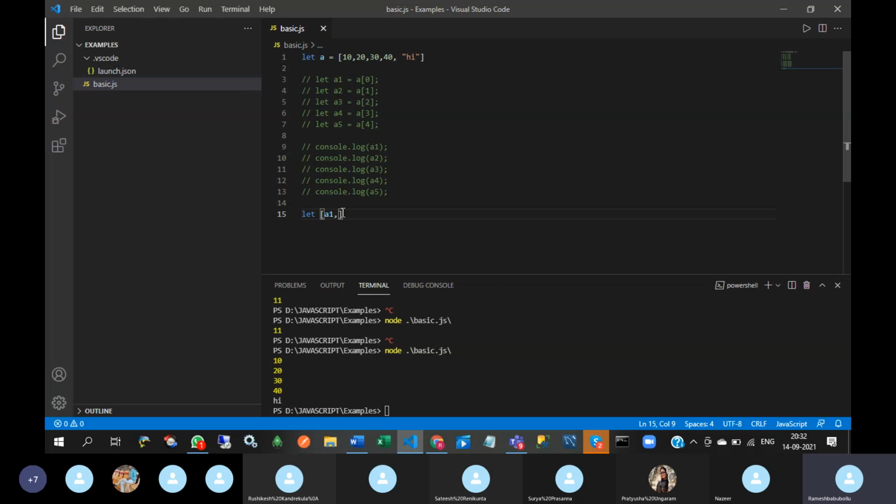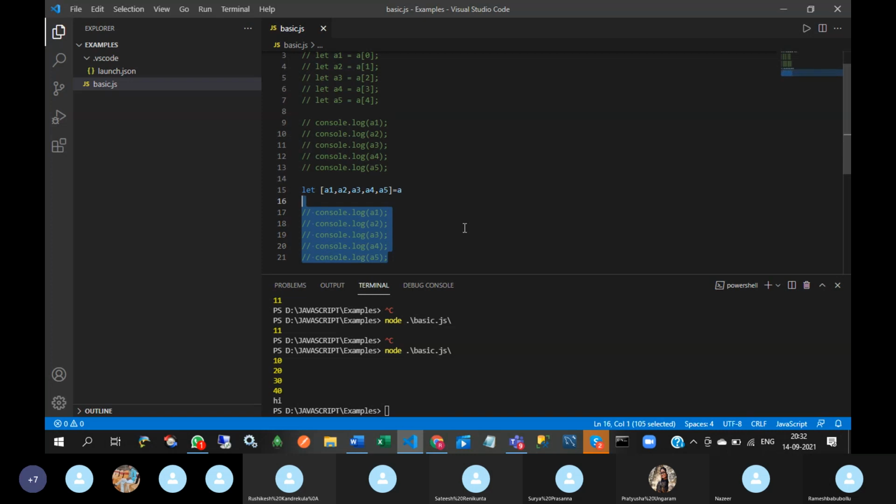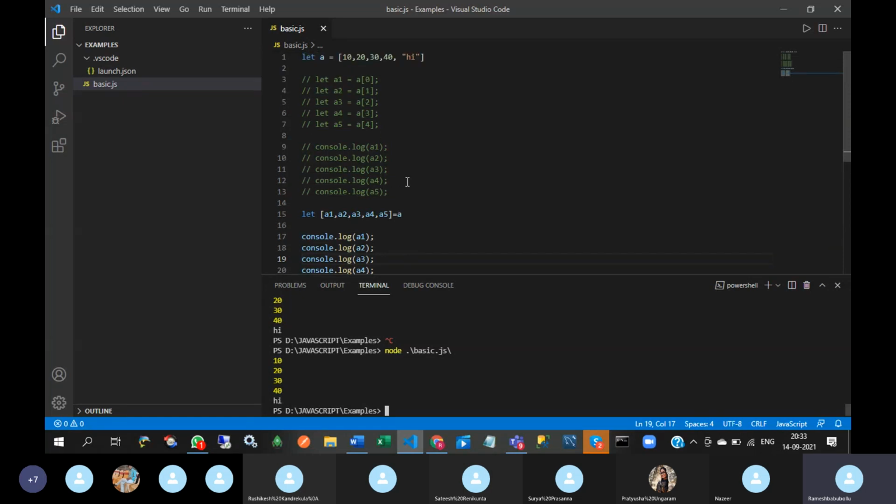A1 comma A2 comma A3 comma A4 comma A5 equal to A. See, here I am going to declare each and every variable and I am fetching one by one element from tuple.